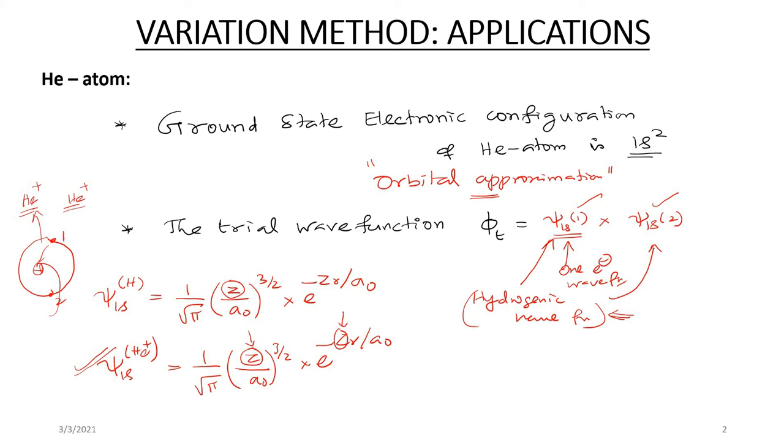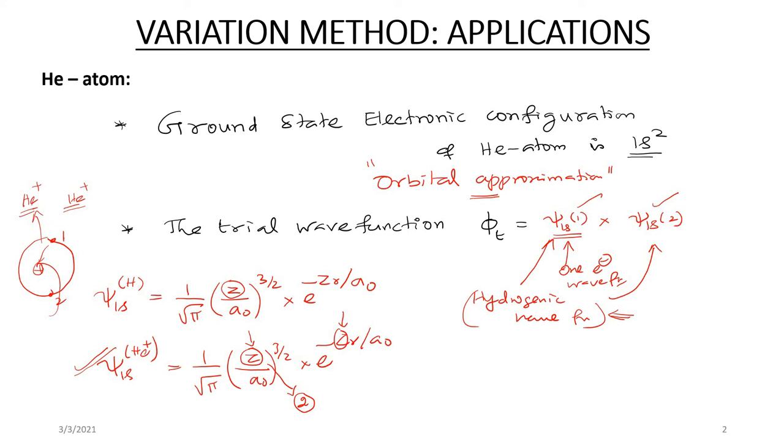Because other things are constant, I am going to incorporate the electron-electron interaction through the nuclear charge of the atom. Listen, if you put Z as 2, it means both the electrons feel the nuclear charge as such. But I am going to assume that if the two electrons interact with each other, then they may not feel the exact nuclear charge of the helium atom.